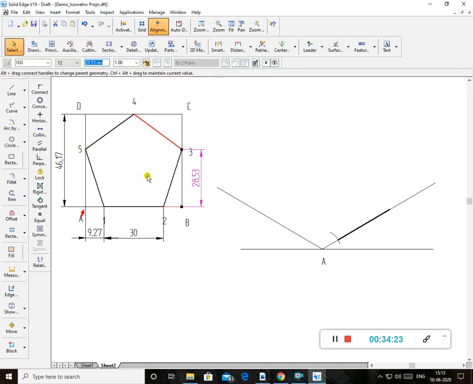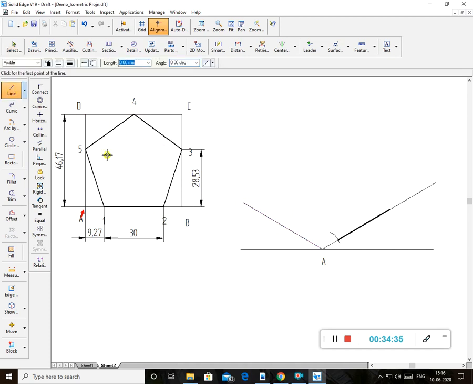This side, for the time being I'll take. This is how much? 46.17. So from there, this distance I'll set to 46.17. Okay. From there I'll draw another line. This dimension is not actually required. This is how much here? 48.54. So from here I draw. This is your D. Remember, don't get confused.